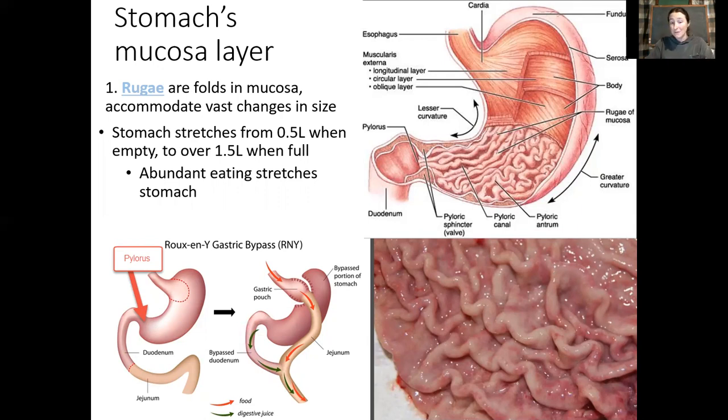So you can still eat food, but you're not actually getting as many nutrients out of that food, and therefore not as much fat, presumably, out of that food as well. Also, a lot of the stomach is bypassed, right? And so essentially, the surgery is going to reduce the size of the stomach, again, bypassing most of the stomach and the duodenum entirely by attaching the jejunum, the next part of your small intestine, to a smaller piece of